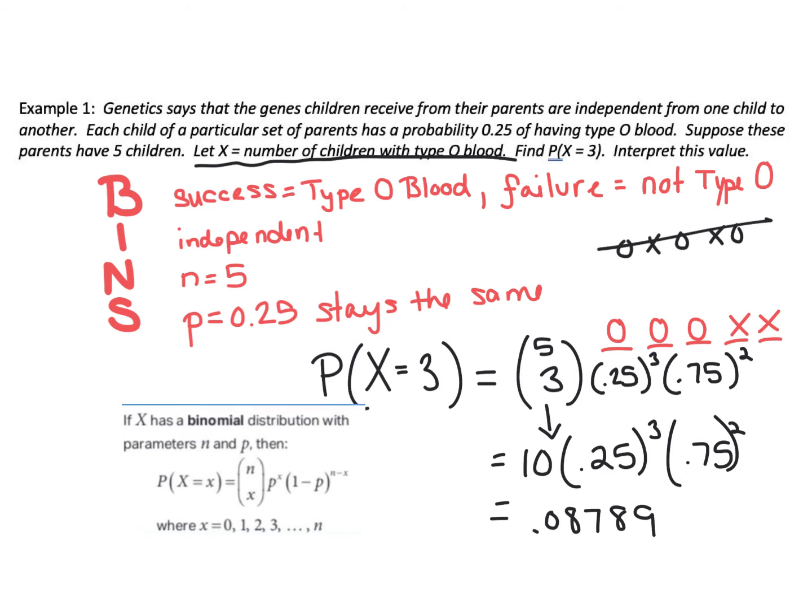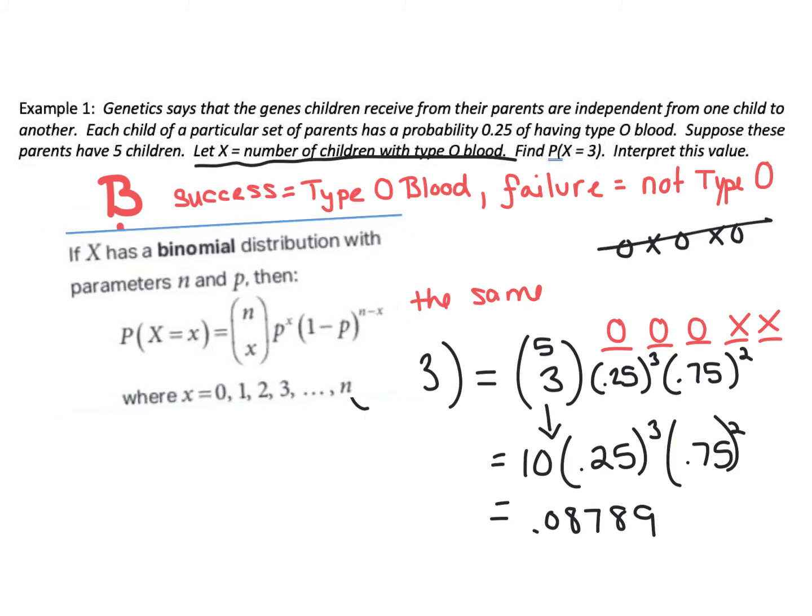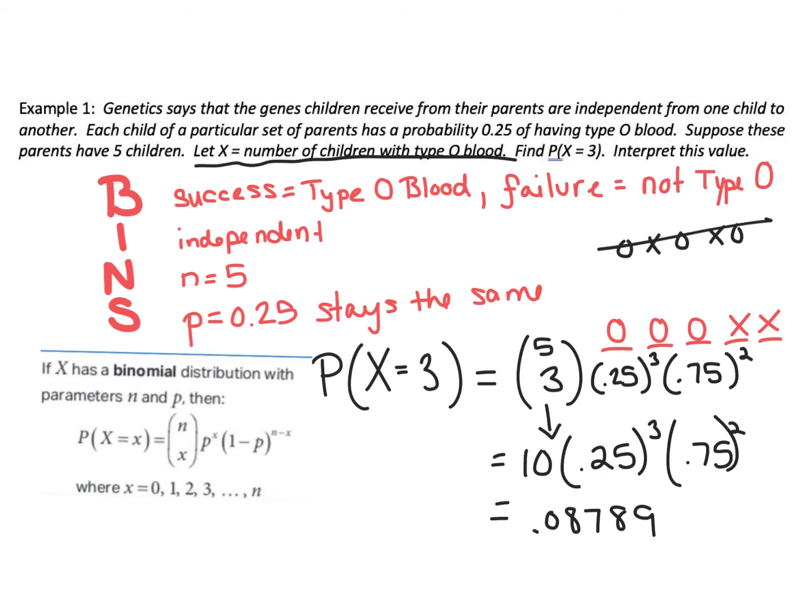Now, I want you to just see how that was by logical reasoning, but we could just use the formula. So I've just placed the formula from the formula sheet on my screen. And let's see here. We can just substitute in. So from n, choose x, which is what I have. From 5, choose 3. p is the probability of a success to the x power. So 0.25 to the third times the complement of that, which would be your probability of a failure, 0.75 to